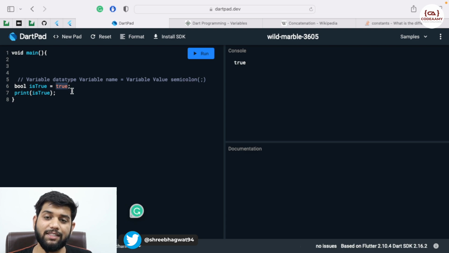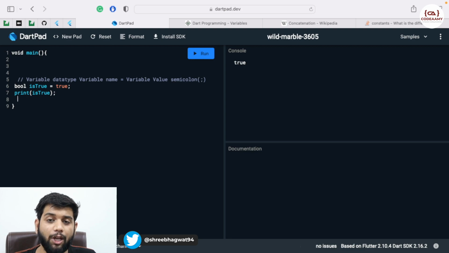Now what is this? These are flag values. So boolean only has two values, that is true or false, and we can use them in conditions. If the value is true, for example, I'll create an example over here. Let's say there are two screens in an application. One is a login screen and one is a home screen, and when the user opens the application, you have to check whether to show the home screen or the login screen.